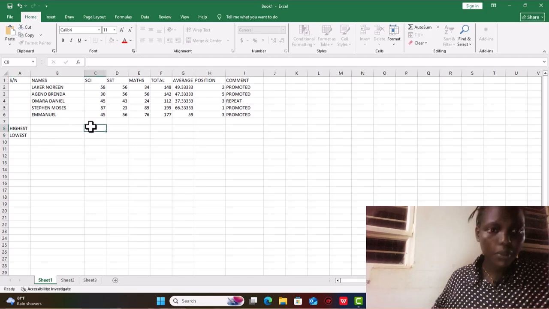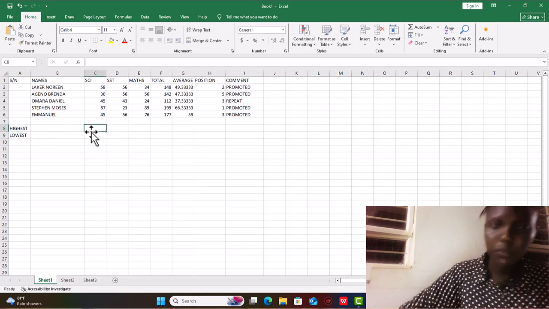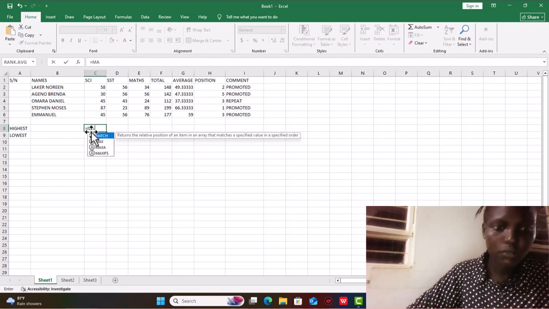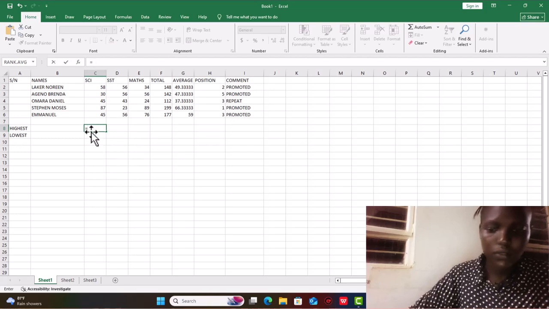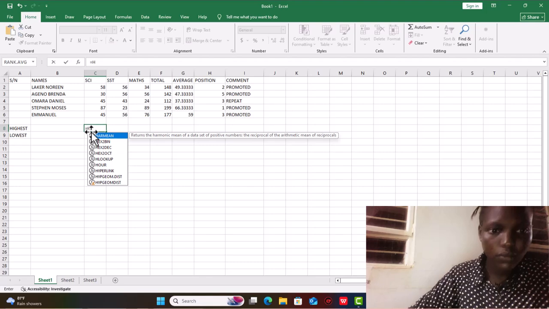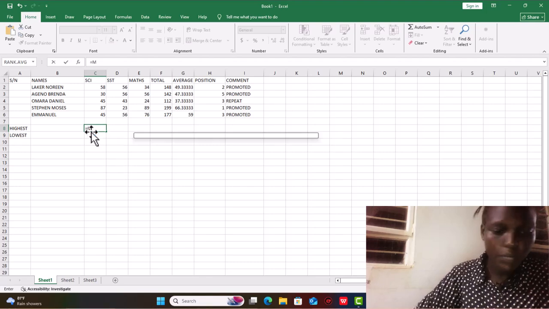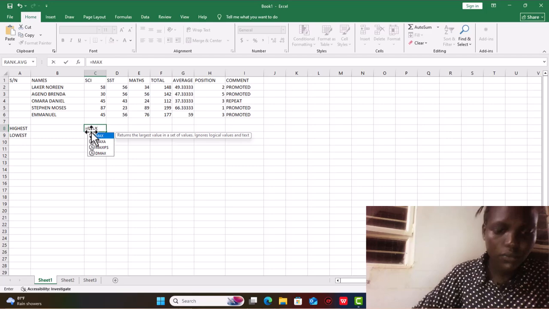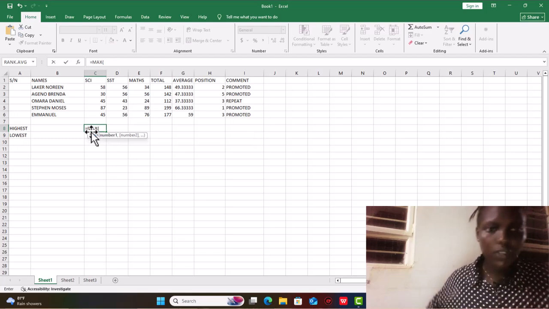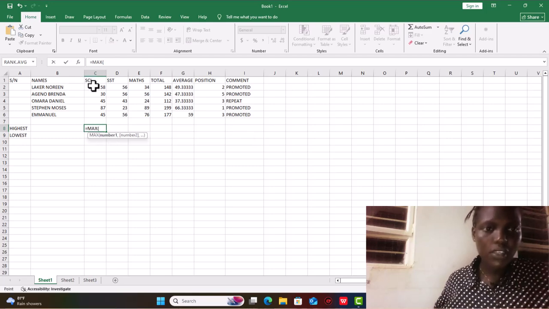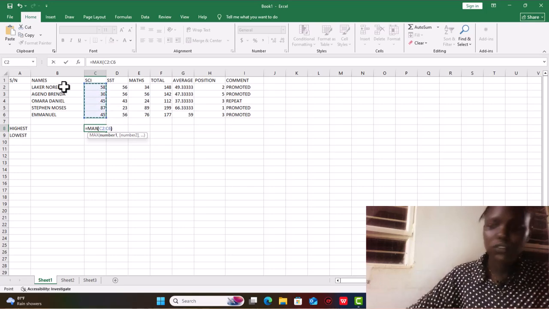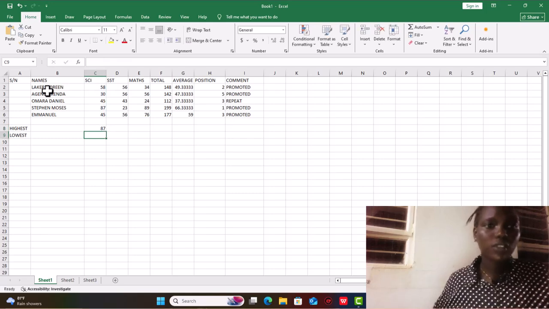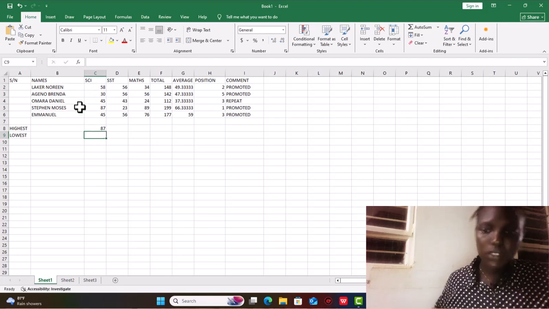You come here, you type equal sign, max, you use maximum, the maximum in science, tap here, and then you close, enter. You can see the highest mark in science is this,